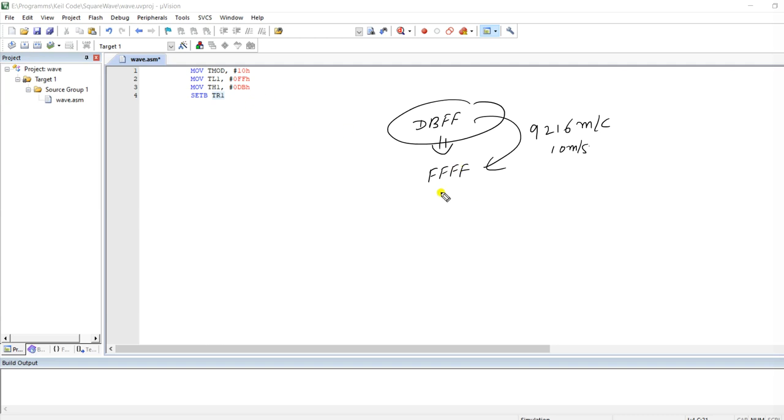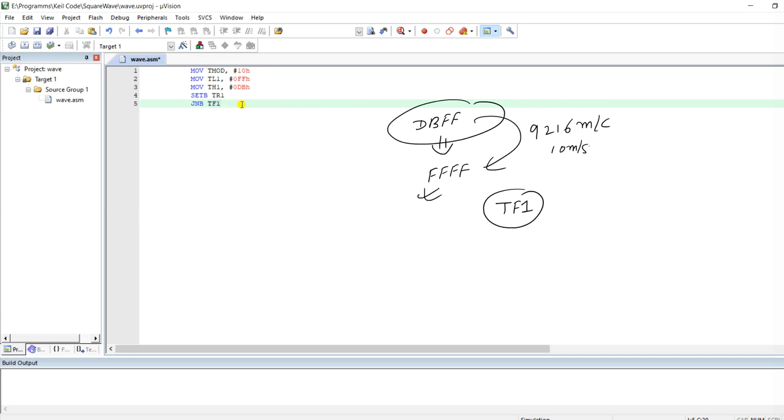So when it reaches this final value, we have to check whether it has reached here or not. For that, we will use the timer flag TF1, the timer flag for timer 1. How can we check it? So we will write the code here and then we will understand. For that, we have to write JNB TF1.